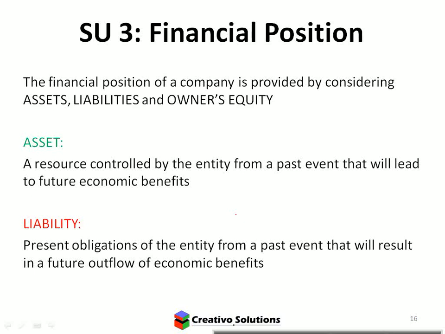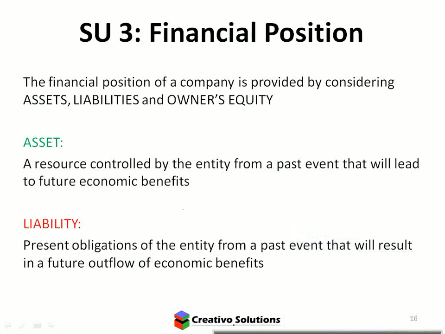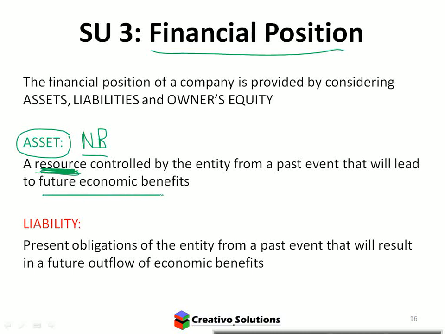So how do I know what an asset is and how do I know what a liability is? The same thing. This is what you'd have to study though. You would have to study these basics because these are the 6 basic rules, and the 6 rules never change. This is number 1, the assets. What are we dealing with? Financial position. So an asset is defined as a resource. The key word here is resource. If you're looking at words to remember, you just have to remember resource and future benefit. That's all.